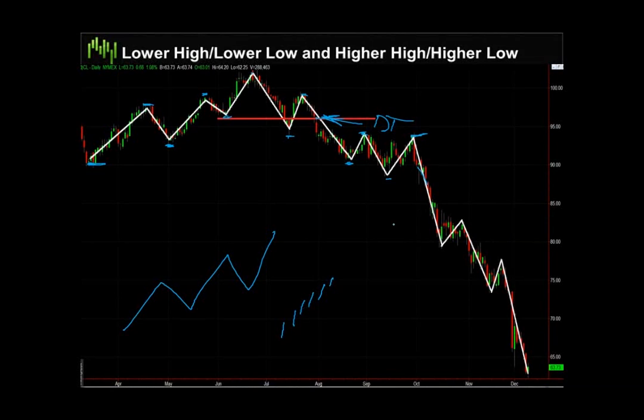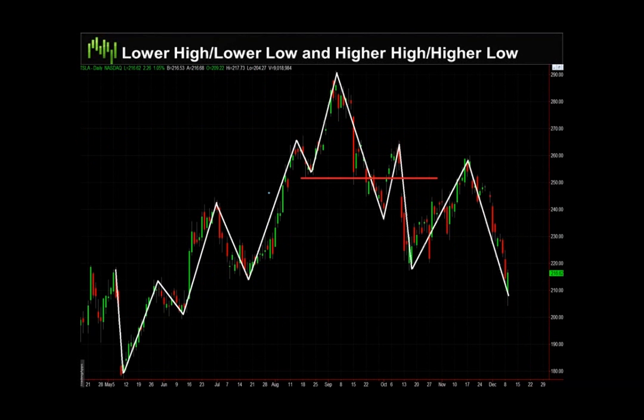Alrighty, let's take another look. This is Tesla. So this is an equity, Tesla, which most people are aware of. This is on a daily price chart. And again, you can do this on intraday. I'll show you some intraday examples here in a little bit. But here's a high, okay? So here, a high, and then a low, and then we have a lower high.